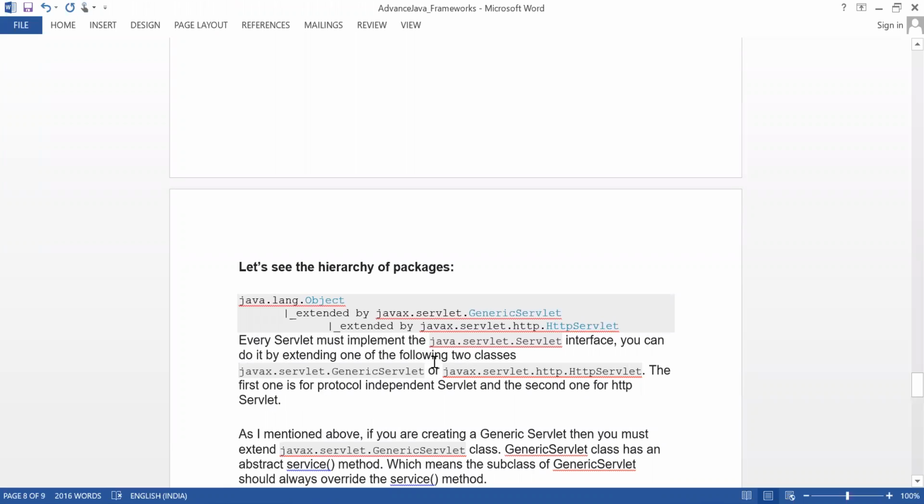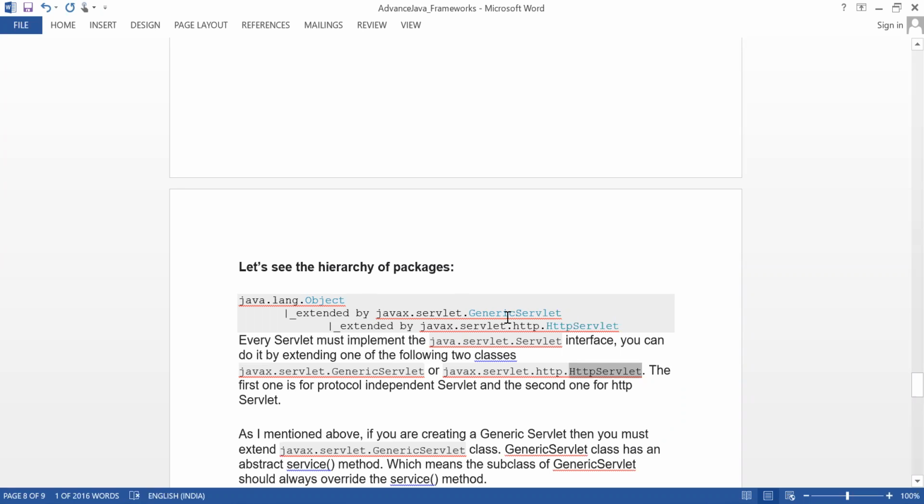One of the two classes is either GenericServlet or HttpServlet. You got it now, guys? So the GenericServlet comes from Object. Object is always the super class, either in core Java or advanced Java. Always under J2EE technology, Object is the super class.